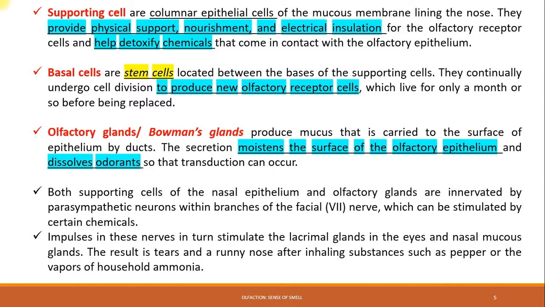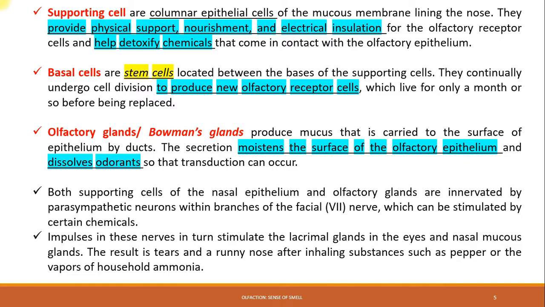So lacrimal apparatus of the eye is responsible for lacrimation. Okay, lacrimation is nothing but formation of tears. And also these nerves supply the nasal mucous glands. So when we smell something of strong odor, suddenly we will have tears in our eyes, as well as